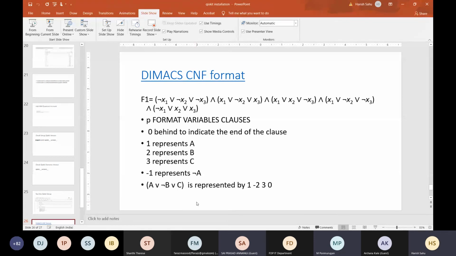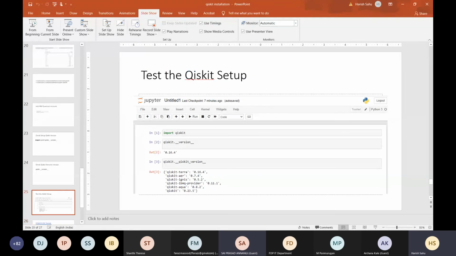Okay, for the quantum computer your idea is clear. What I'm telling you about the quantum simulator is that we represent the quantum states using column vectors, and the gates are represented by matrices. Simply, we apply these gate matrices on the column vector states and get new states. I told you in the morning.